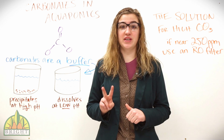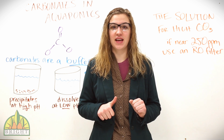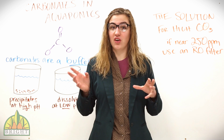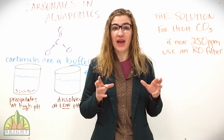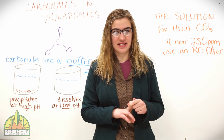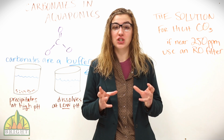Carbonates have two characteristics that interact with pH in a very unique way. The first characteristic is their ability to precipitate out of a solution and dissolve into one, but it's dependent on pH. The second characteristic is that they are basic, so their precipitating out of and dissolving into solutions changes the